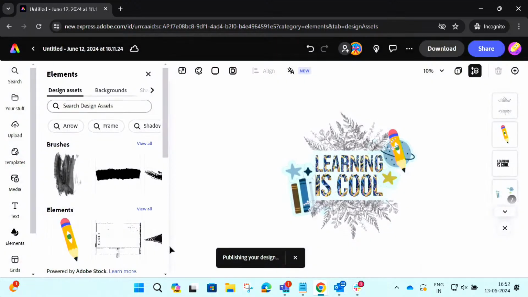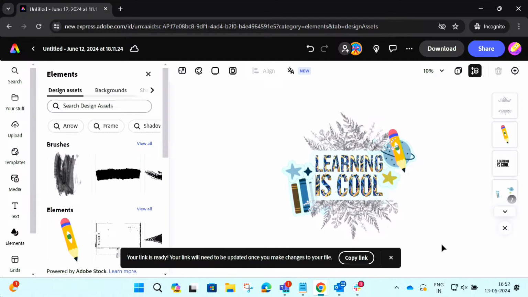This is just a 3 step process, and you just have to wait over here till your design is published, and here you will find copy link. Once it is published, you will see a copy link over here, which you can share among your class, your collaborators, your teachers, etc. So this is how we publish to web.